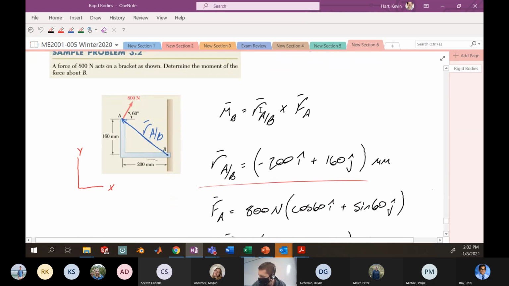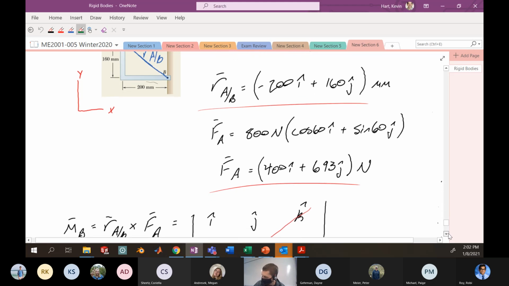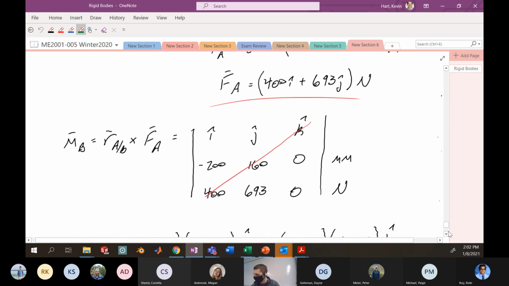We said that our moment is the position vector arriving at A from B crossed with the force that exists at A. It's our general cross product equation for the moment. We define our position vector arriving at A from B with this position vector here, and we're going to cross it with the force that exists there at A. It's this 800 newtons. So we have to define both of these in rectangular coordinates. So we did that. Here's the position vector of A with respect to B. And here's our force at point A. So we execute our cross product using our little determinant setup, or as